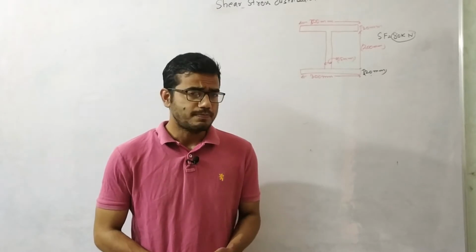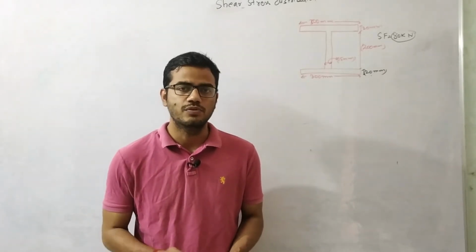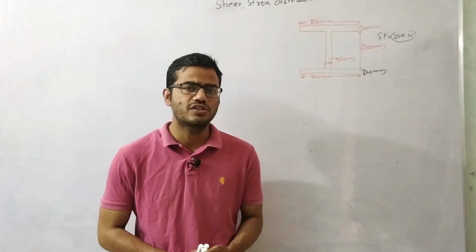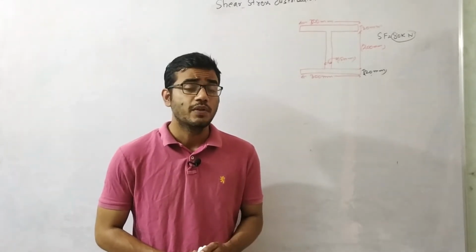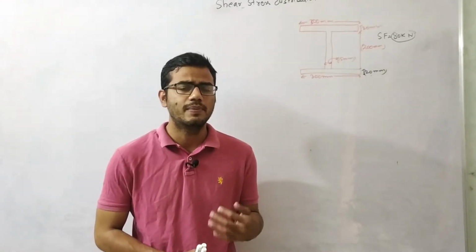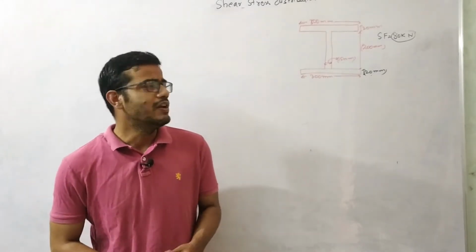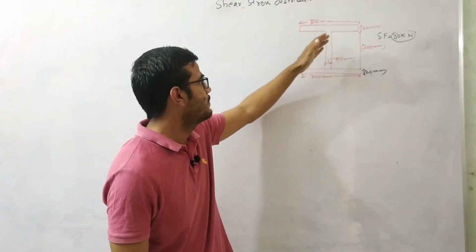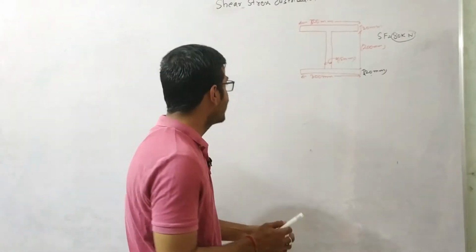So in today's lecture, we will see how the shear stress is varying across the cross section. Is the variation linear across the cross section? Is it parabolic or is it cubical? We will see in this lecture what the variation of the shear stress distribution will be for a particular section. We'll also solve one problem and check how the shear stress varies across the depth of the I-section. So let's directly come to the topic.